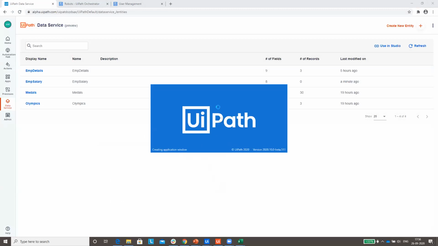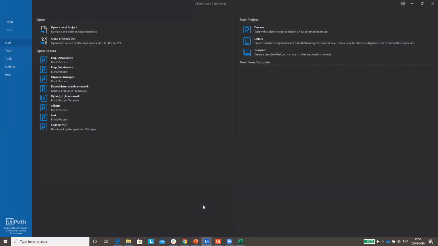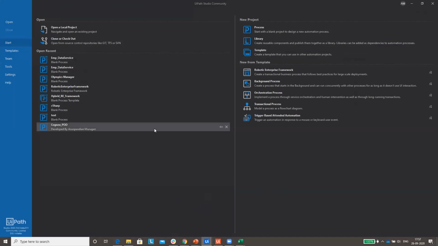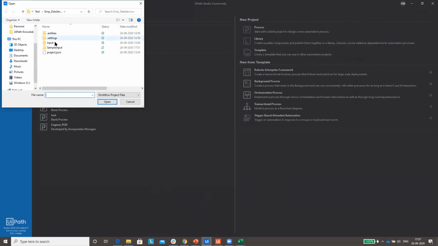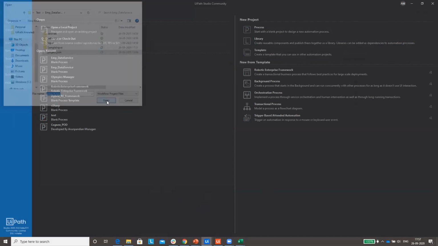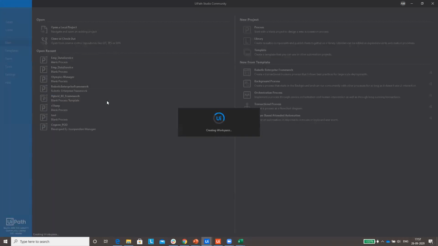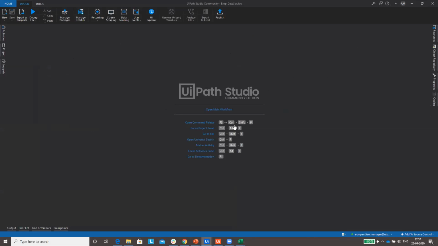Whenever you sign out of UiPath or that cloud platform, you are supposed to restart your machine so that the connection is established once again. Now you can see the robot error has been rectified.